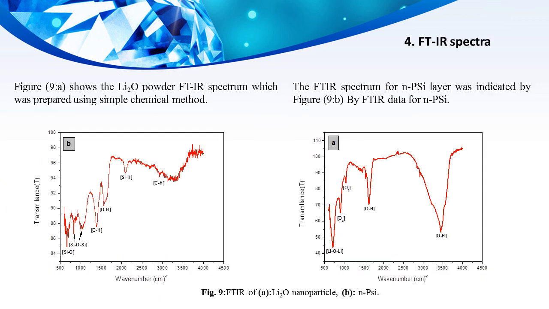The FTIR showed that the silicon has three peaks: Si-H, Si-O, and Si. This is important for porous silicon, and the band of lithium oxide is shown